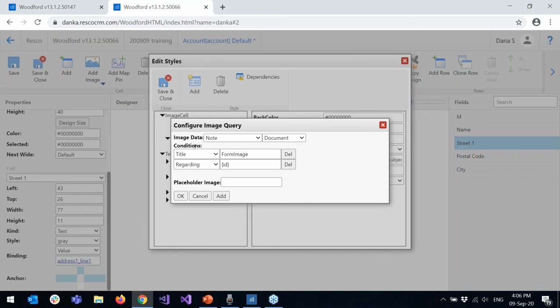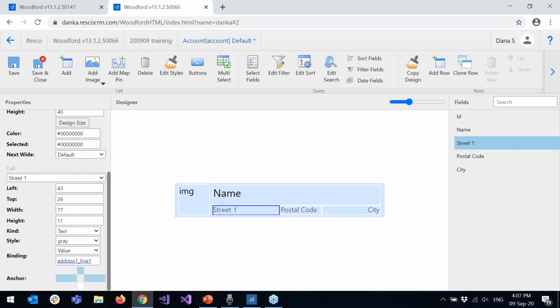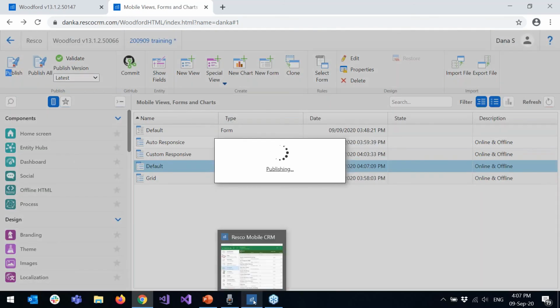So you can see is again images saved in the entity node. We do the title form image, and regarding is set to the particular record. I will close it. I'll change the style to my form image style, and I will change the style of this image to my form image style. Save and close, publish,